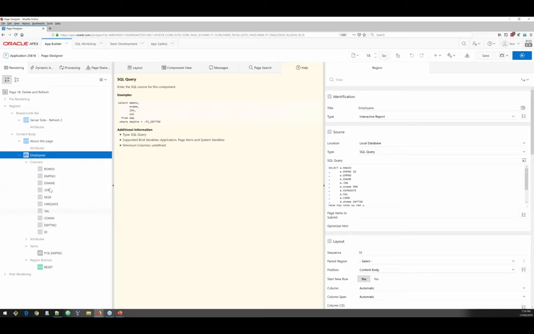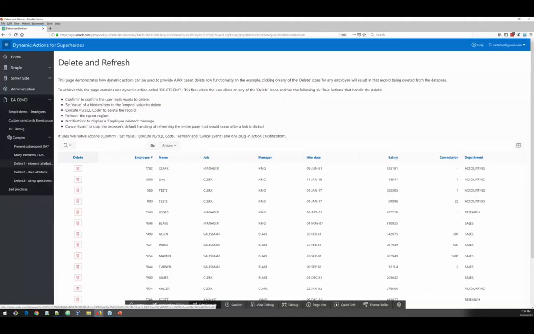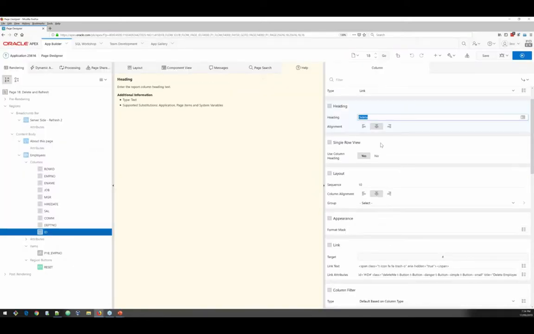All good. So we have columns, and we created a link here, which maps back to the screen, acting as this column. We have a heading that's delete, the column is of type link, and then